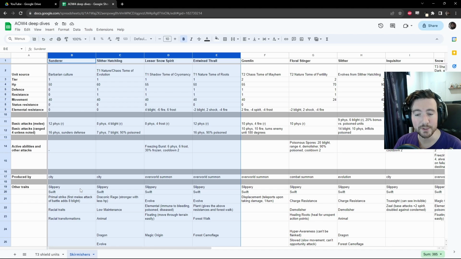In terms of traits, there's quite a lot of things going on here. They all have some different stuff going on, though interestingly, all 3 of these ones do actually evolve. There are some other random minor bonuses that some of them get. For instance, this one's floating, so it can move through terrain a little easier. The Entwined Thrall has Forest Walk and Forest Camouflage. So just little things like that that typically don't mean a lot unless your entire army is built